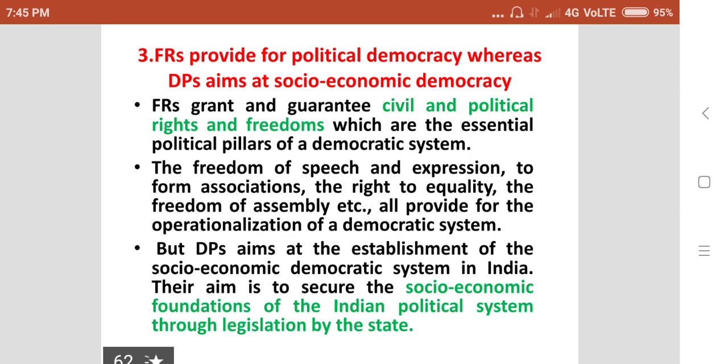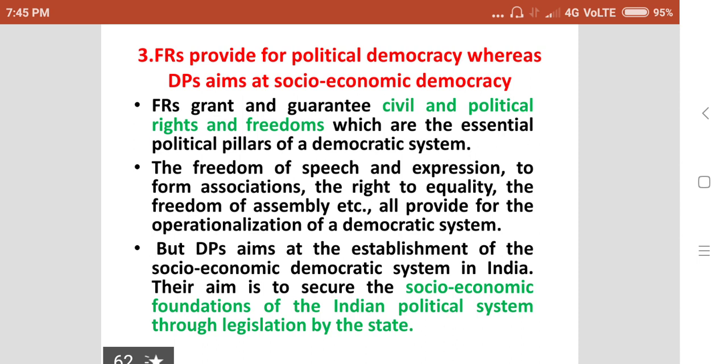Fundamental rights grant and guarantee civil and political rights and freedoms, which are essential political pillars of a democratic system. The freedom of speech and expression, to form associations, the right to equality, the freedom of assembly, etc.,